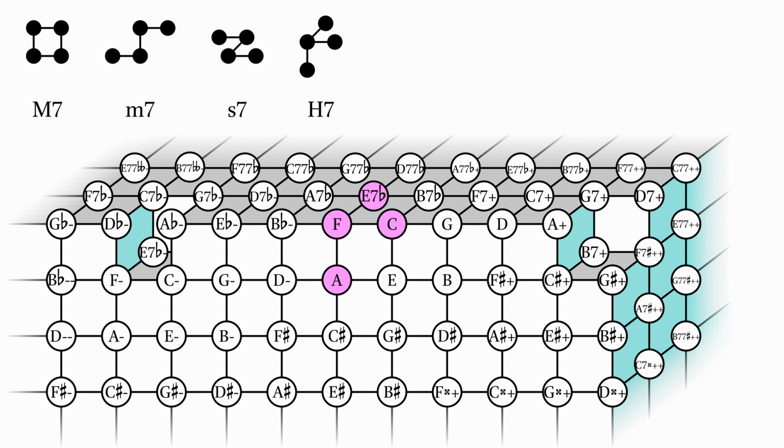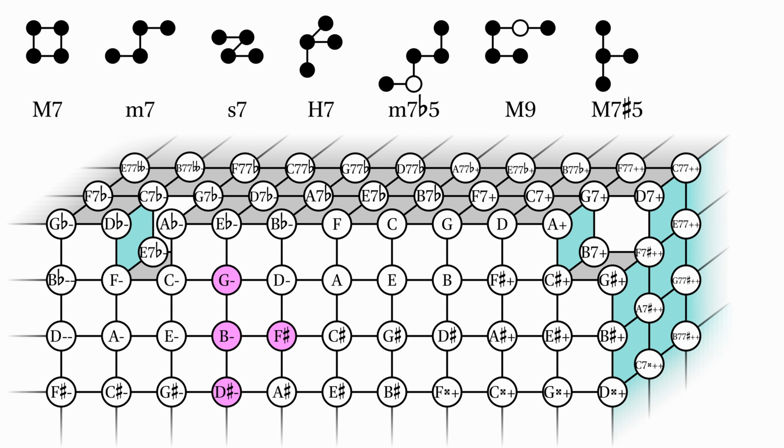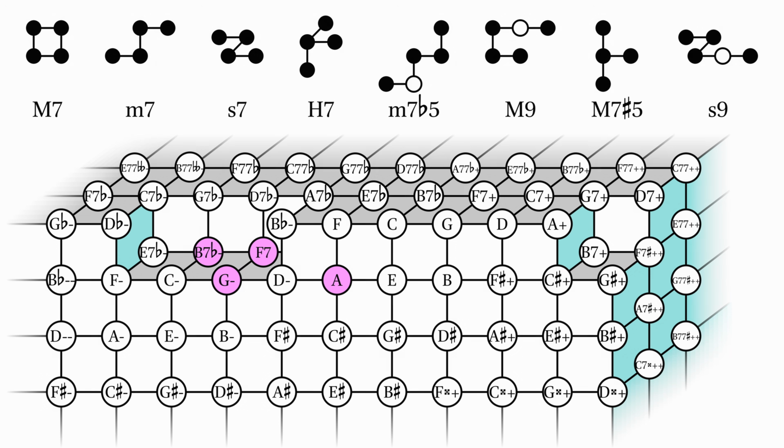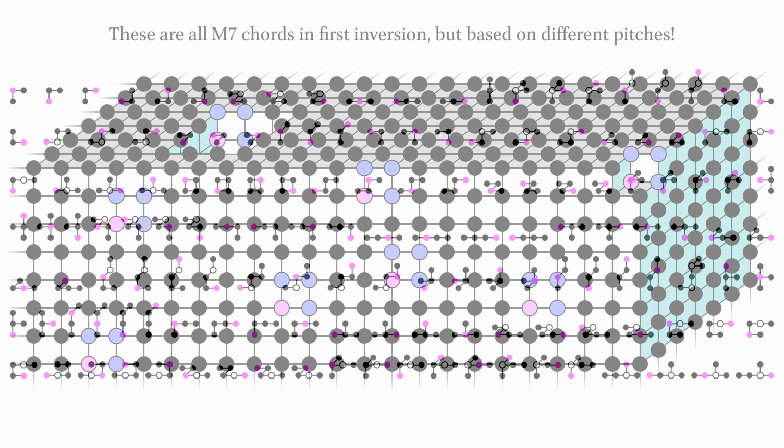Here's a few more. Minor 7 flat 5, major 9 without the 5th, major 7 sharp 5, and the especially crunchy septimal 9th chord. Skipping over a few, we get 42 different chord qualities, each with 3 or 4 notes. You could make a lot more than that, but that's enough for our purposes. All but 2 of them will have different inversions too. That is, it'll make a difference which note of the chord is the lowest. In all, that'll get us 147 different chords, but each of those can still exist in any part of the